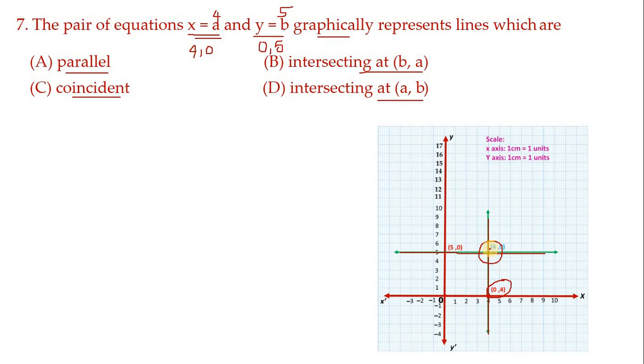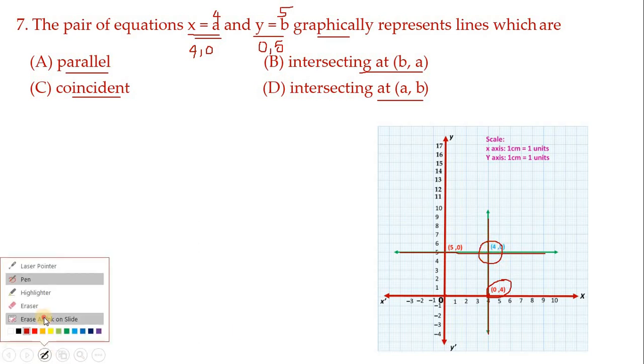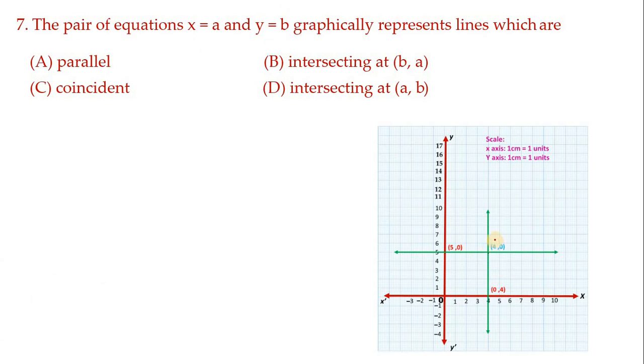Now what is the coordinate of that point? That is very important. So this point coordinate is 4, 5, children, not 0. 4, 5 it is, not 4, 0. So first x value I have given, a value I have given as 4 and b value I have given as 5 itself, isn't it? So where will these two lines intersect? At a and b itself. So intersecting at a and b. So that is the correct answer.